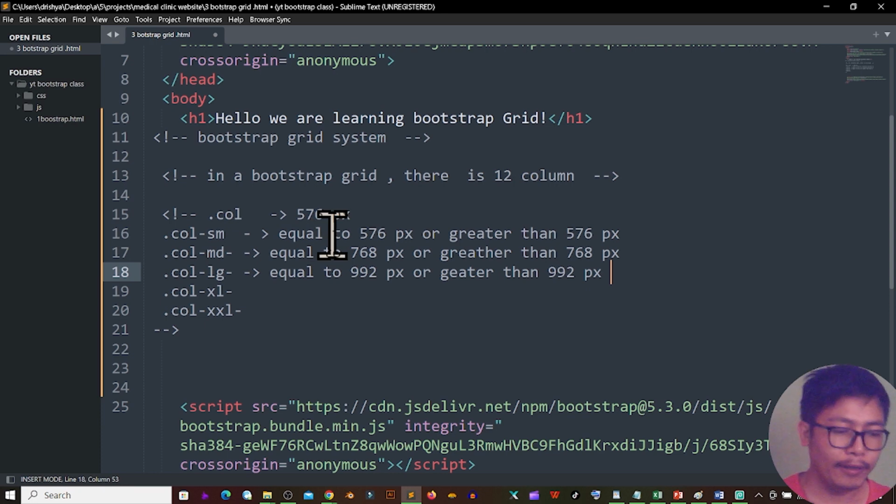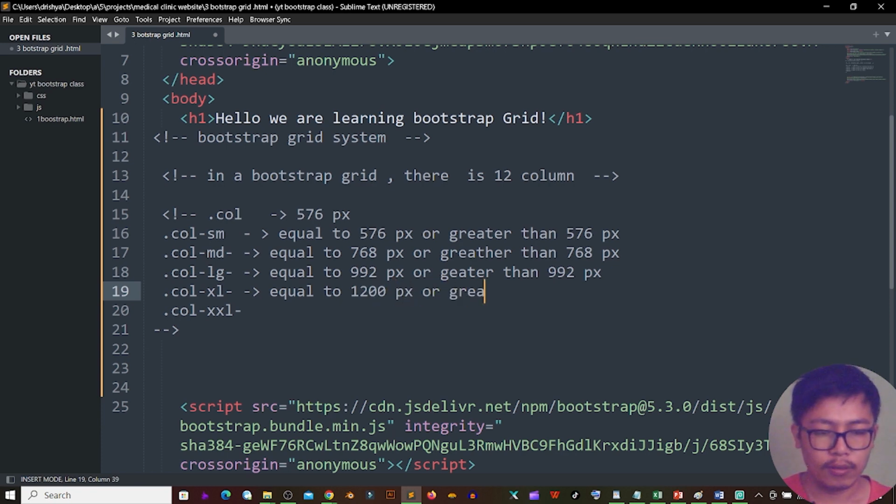Okay, and the col-xl- class is for equal to 1200 pixel or greater than 1200 pixel. Okay,